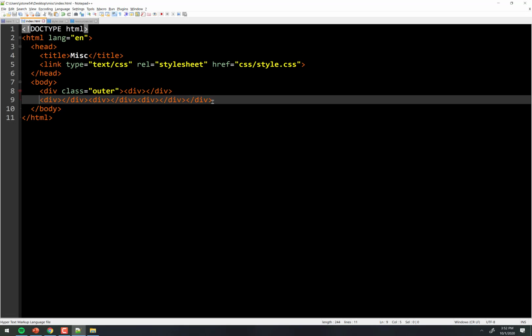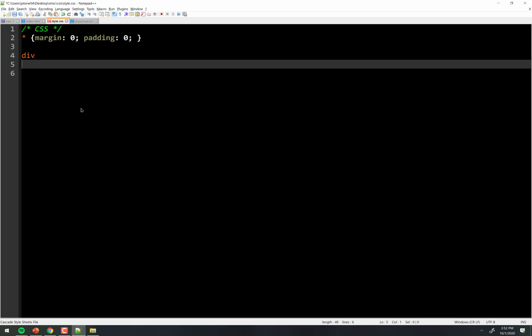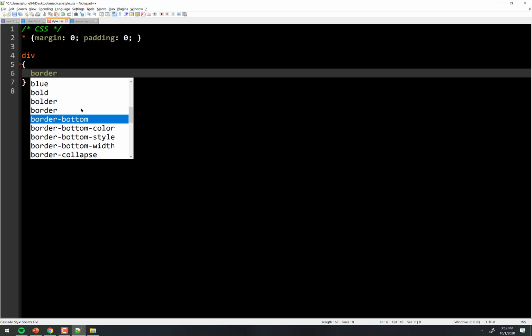Okay, let's make shapes. The first one is a really simple one. It's kind of fun and easy. Let's just make a div here, and we'll just attack the div directly. And we're going to put a border on it. We're going to do 4 separate borders though. So border,